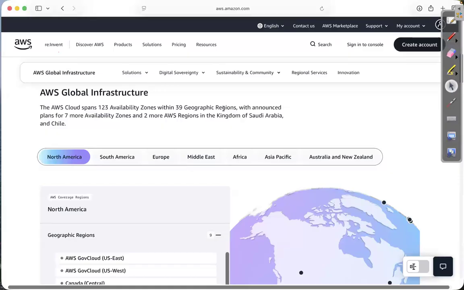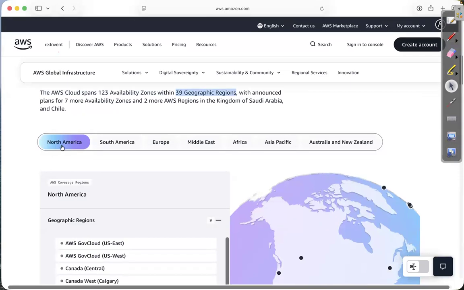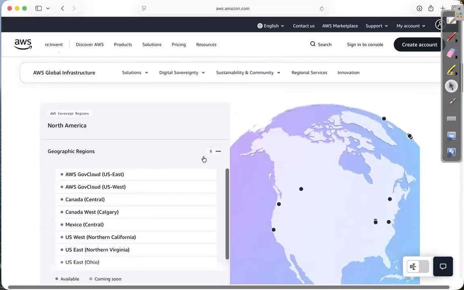That means across the world, Amazon company has their data centers in 39 regions. Region means what? Like cities. Like if you see in North America, how many regions it has? 9 regions. Like in Ohio, Canada Central, Virginia, California, Mexico, like around 9 regions it has data centers.